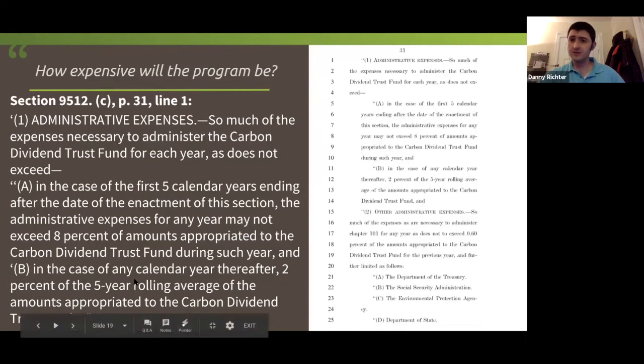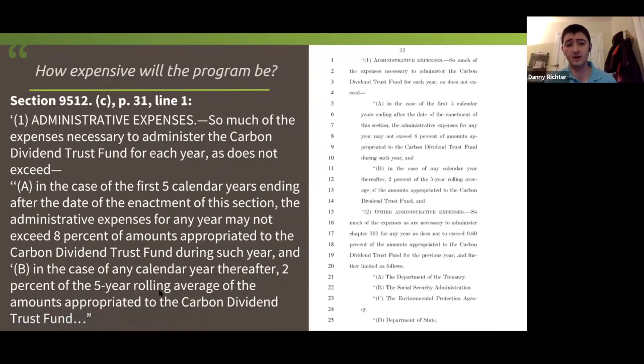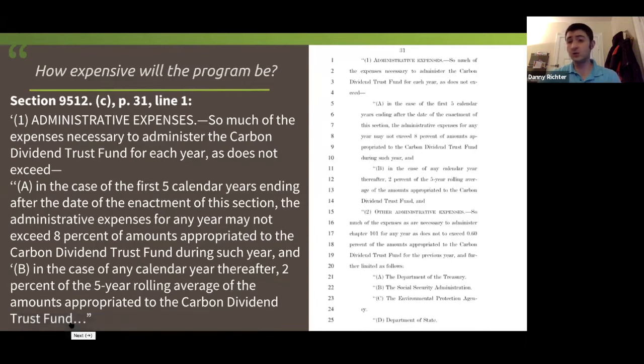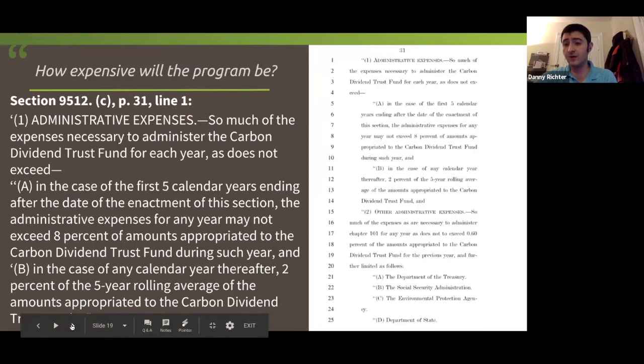And if for whatever reason there is some spike in administrative costs, we have that 5-year rolling average, so that we're able to say we're controlling costs, but nonetheless, we should be able to set this up. So a lot of thought went into crafting these few paragraphs. It's a really great talking point for members of Congress, saying we are controlling costs here, and we feel very confident that this is going to still enable us to execute the program, the dividend portion, successfully.